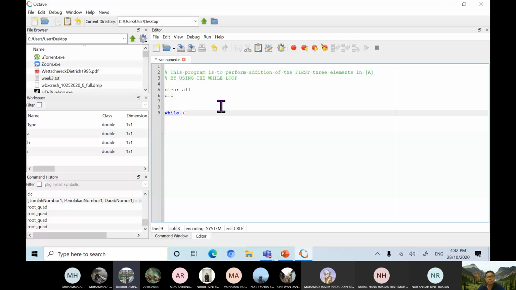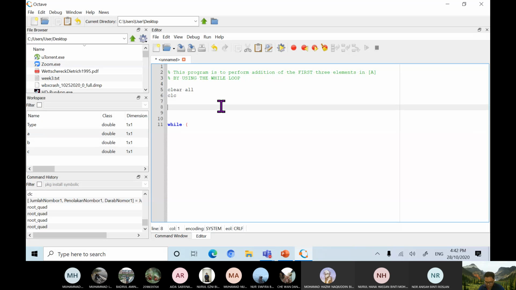It's not A, because your A is your matrix. So let's say I name my element number to be 1, and let's say my A matrix is defined to be 1, 2, 3, 4, 5, 6. Okay. And I have to,